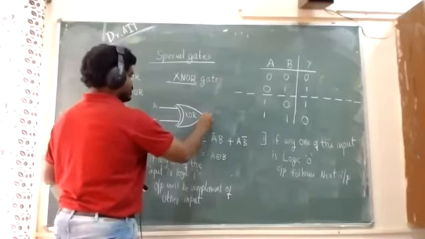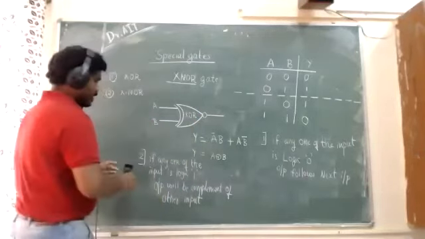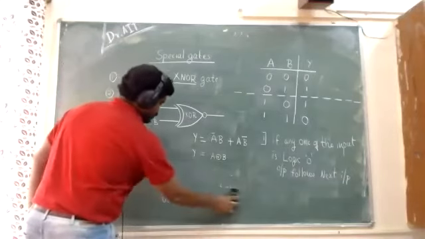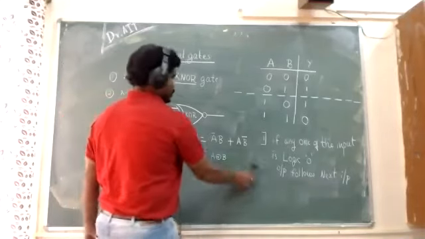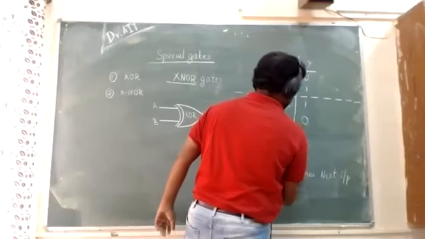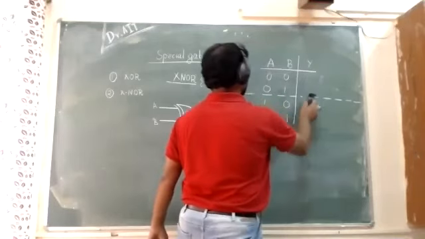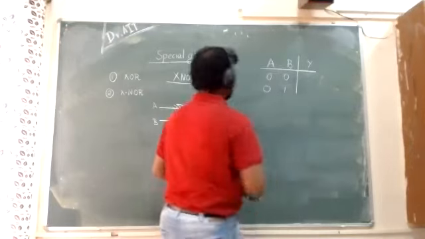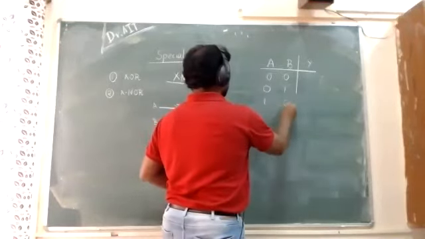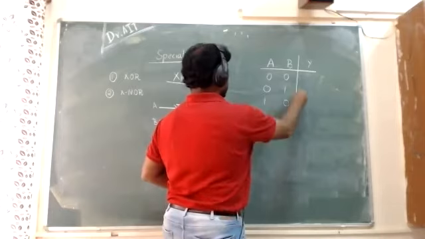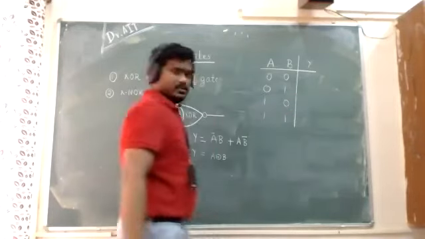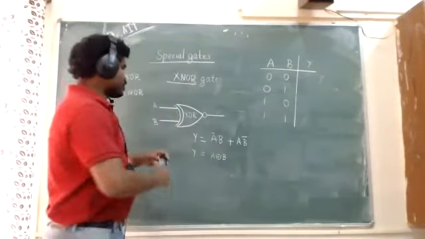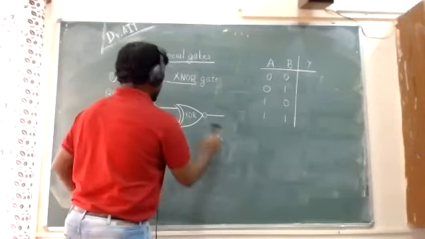Its symbol is like this, and it is like this. Now the XNOR gate